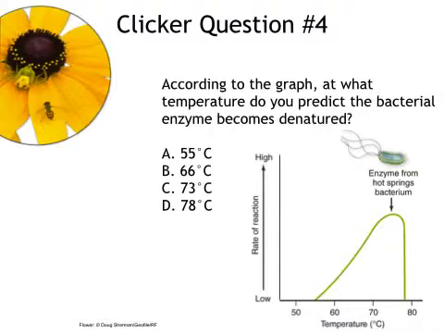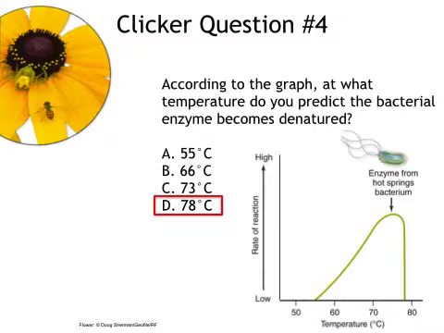So the question is, at what temperature is the enzyme from this bacteria becoming denatured, losing its activity? Here on the y-axis, you have the rate of the reaction, basically how efficiently the reaction is happening. You can see that the peak is in the high 70s. But once you increase temperature past that, you lose that enzyme activity, and that's because the enzyme is being denatured. So what temperature is that? 78, right? 73 degrees might be the optimal temperature, but at 78, boom, you lose activity because you denature the